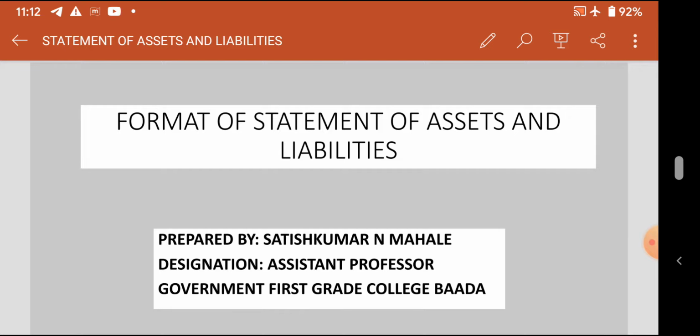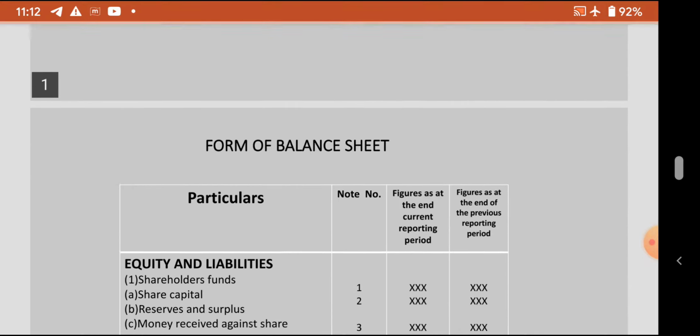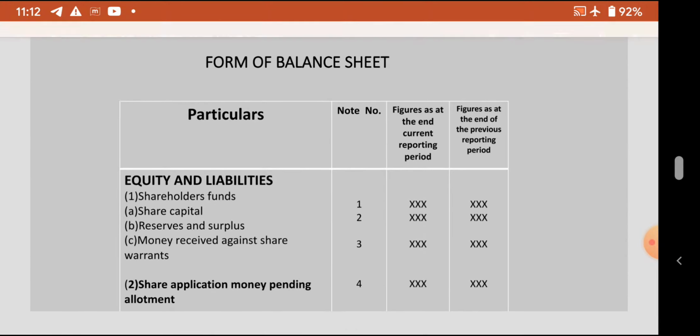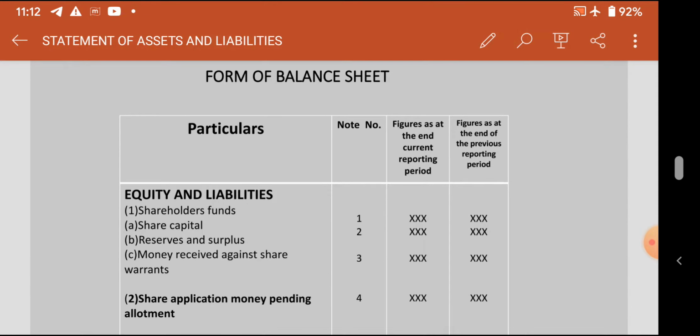In this video, we are going to understand the format of the Statement of Assets and Liabilities as mandated by the Companies Act 2013. We know that the Companies Act 2013 mandates us to prepare the profit and loss account and the balance sheet as per the vertical format. So let us have